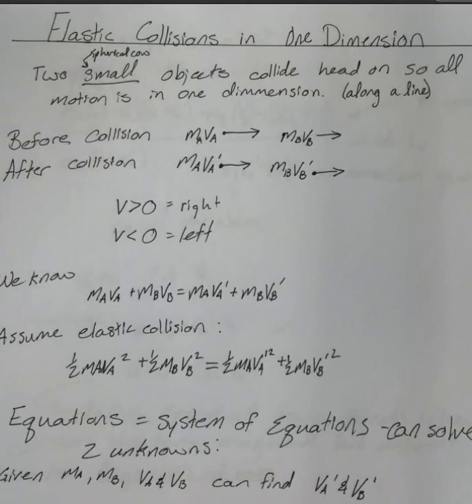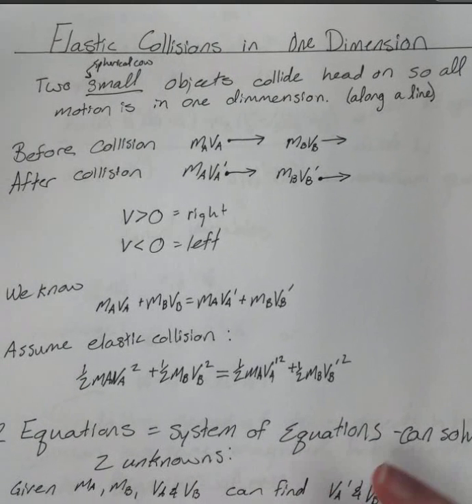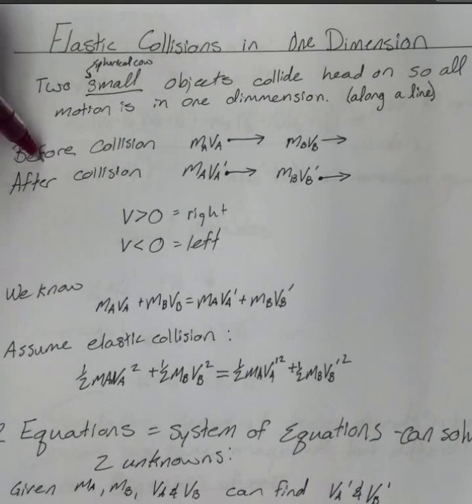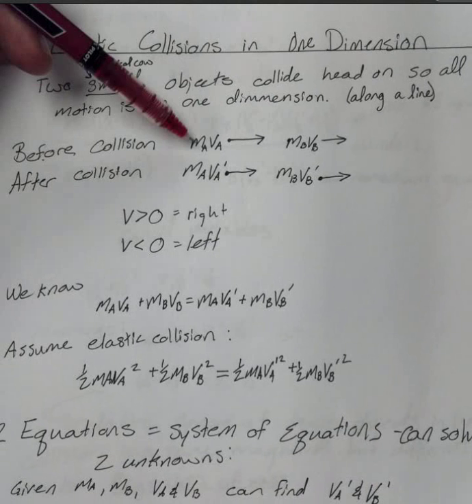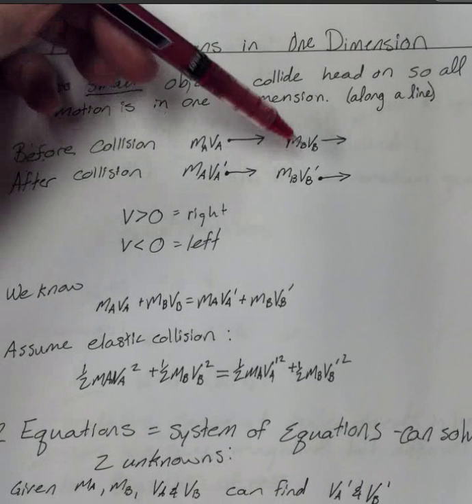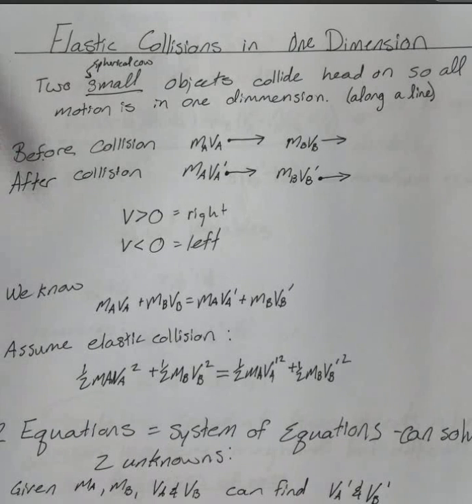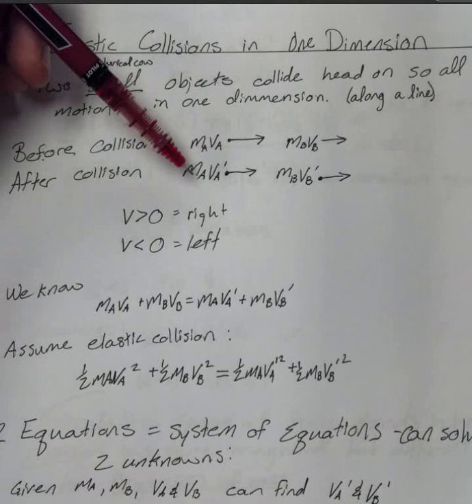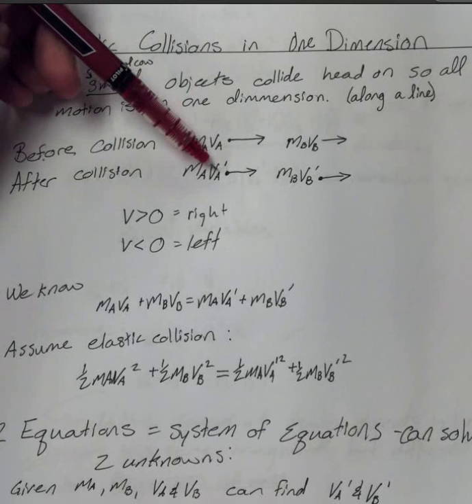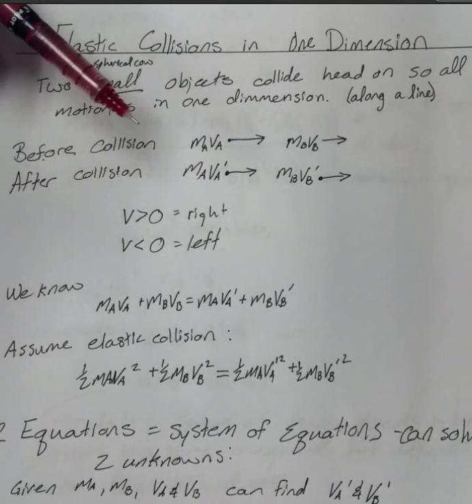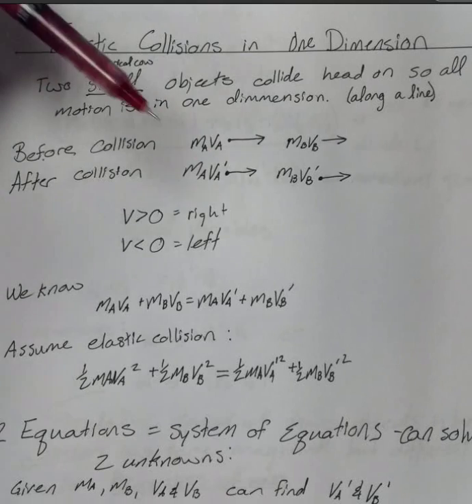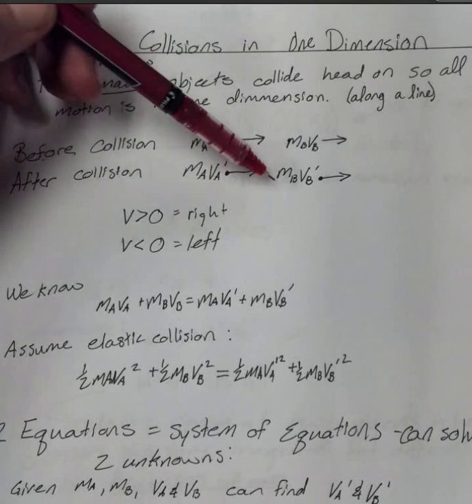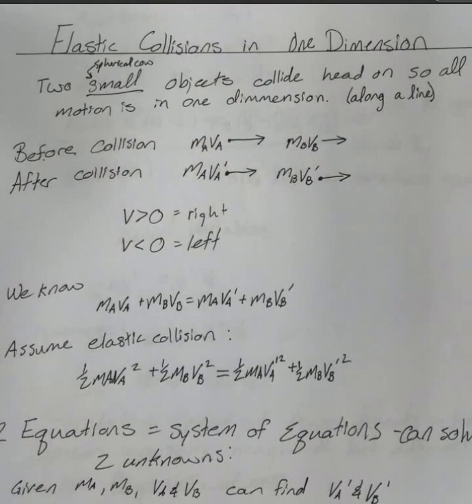So we look at these two objects and we're going to say, let's say they're billiard balls. So before the collision, you've got an object with mass A and velocity A, and an object with mass B and velocity B. After the collision, you're going to have the same mass for object A and some velocity that we don't know, that's a new velocity after the collision for object A, same mass for object B, and some velocity that we don't know